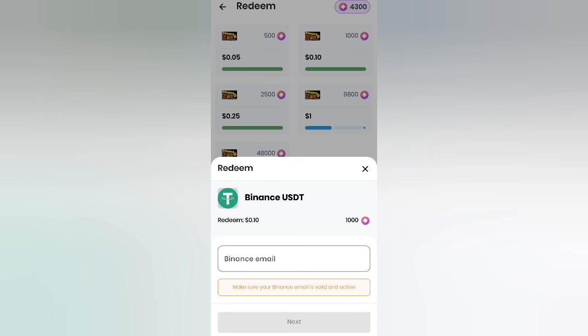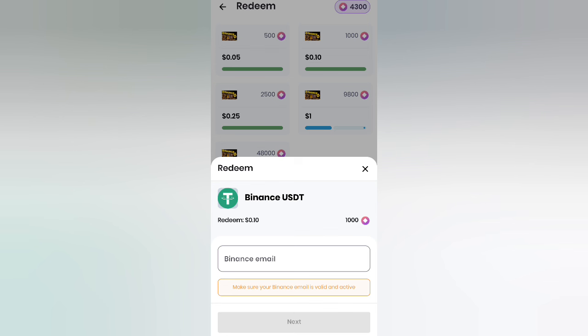If we are using the Binance Exchange, you will know that there are several ways by which you can receive crypto. You can receive crypto either by your USDT address, or by your Binance email, or by your Binance UID, that's your own unique ID. Now this platform doesn't ask for UID. What they are asking for is email. That is how you can use it here.